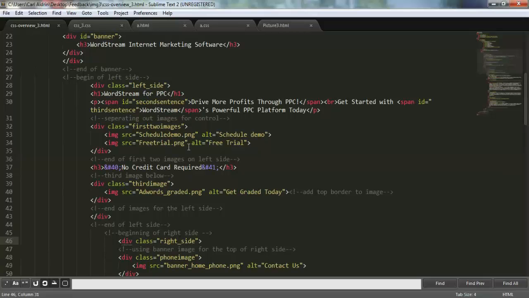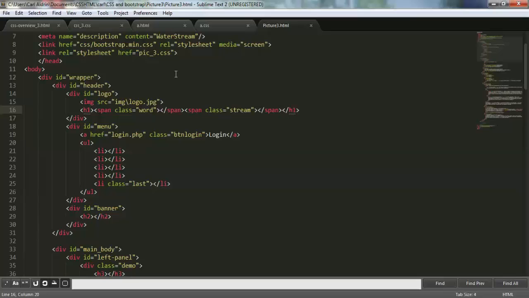So to give you an outlook on how they should be indented, we have this example. Being indented means that a certain element is contained within its parent